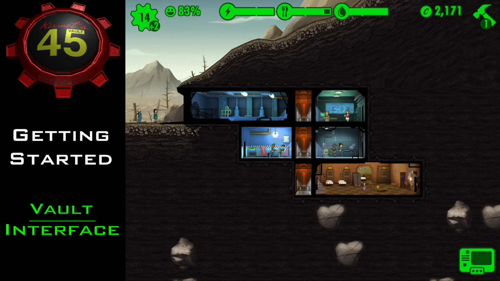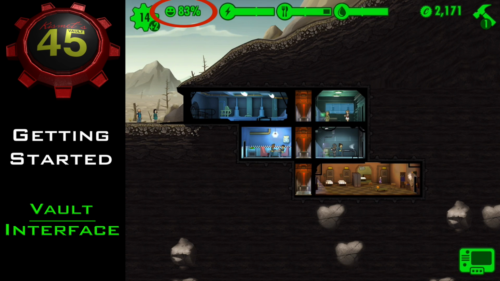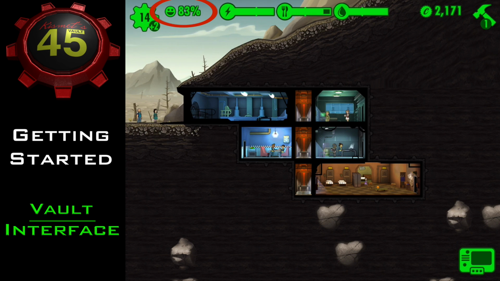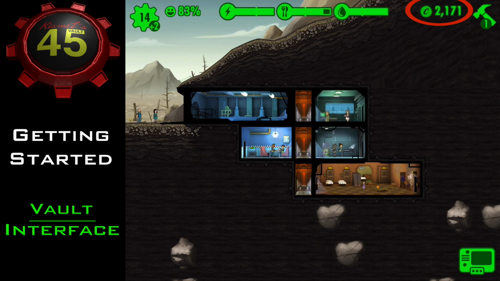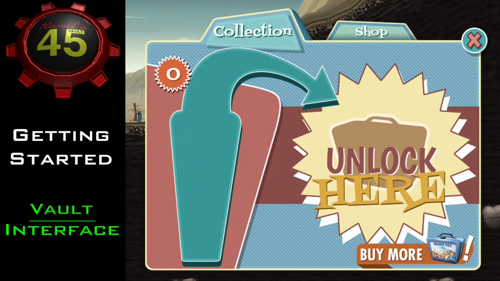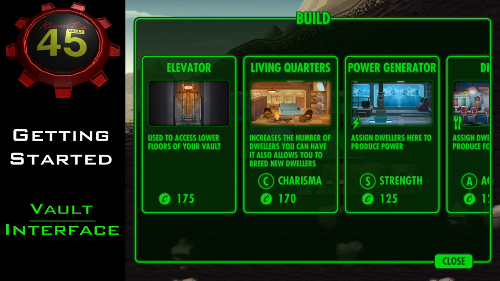Now let's quickly go over the interface. In the upper left hand corner you'll see a 14 and I currently have a +2. Those are your dwellers. And if you tap on it you'll see this list. Next to that you'll see your happiness rating, which is currently 83%. If you tap on it, it will bring up your happiness bonus. The next one you tap on will give you your resource amounts. Then if you tap where your caps are in the upper right here, it'll open up the shop and the collection area. In the upper right hand corner there's a little hammer that brings up your build window